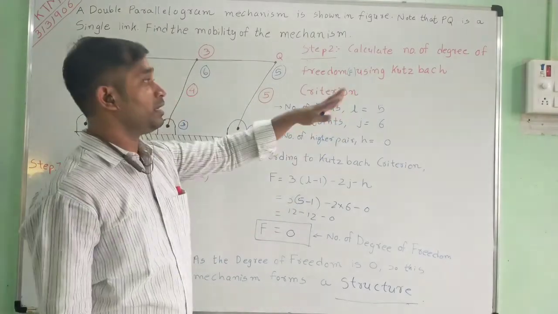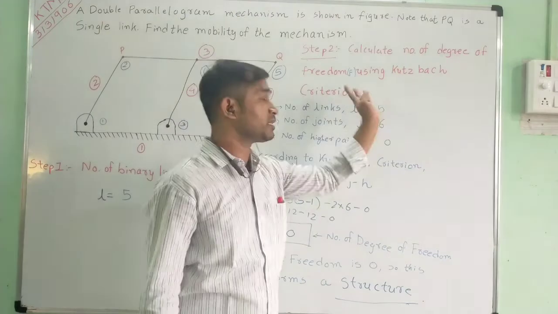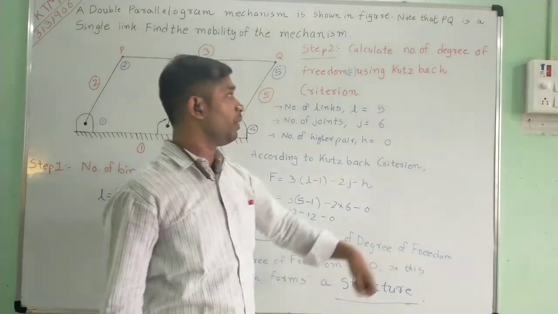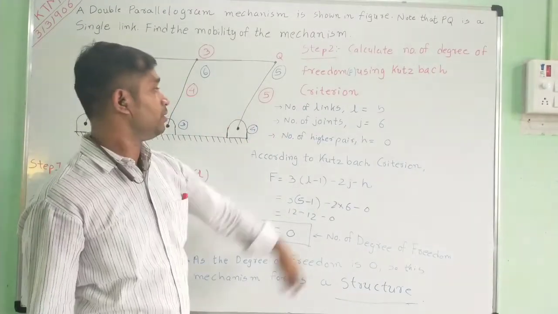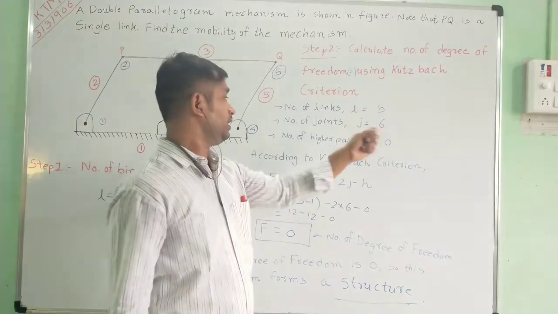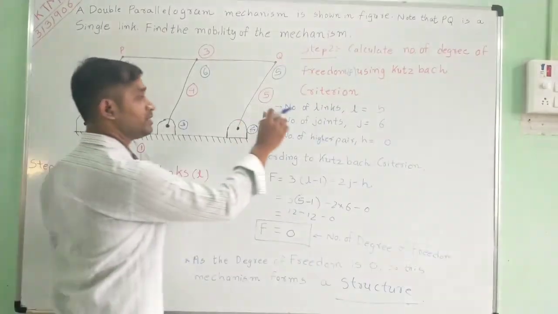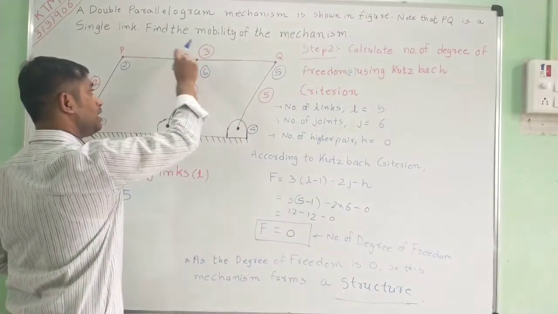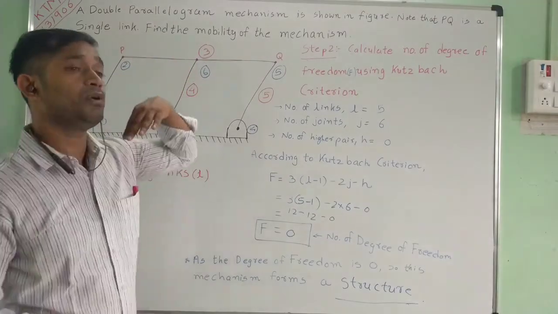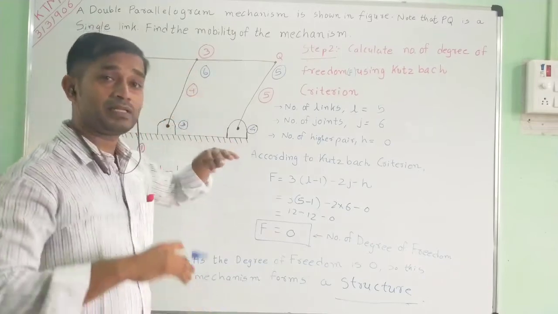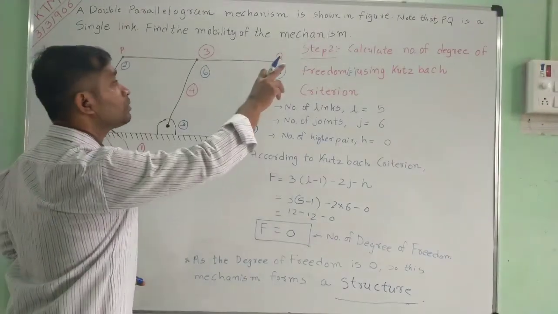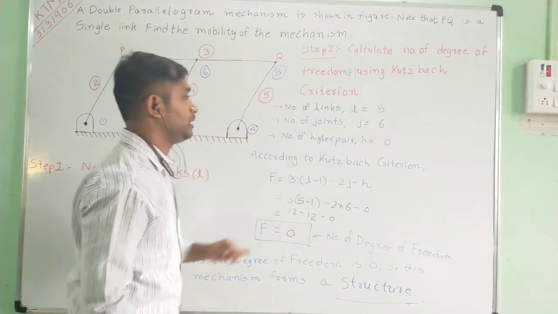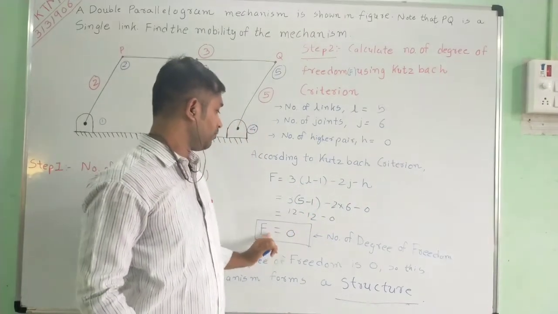Step number 2, calculate the degree of freedom, that is the mobility of the mechanism, using Kutzbach criterion. Again, the most important theory is mobility of mechanism and Kutzbach criterion. If you don't know about this theory, please refer to my video. The number of links L is equal to 5. The number of joints: again, the second confusing part is the joints. 1, 2, 3, 4, 5 and 6. But many students consider this a ternary joint. A ternary joint is equivalent to two binary joints, but we consider a ternary joint where the PQ link is a double link. Here it is a single link, that's why we consider only one joint. J is equal to 6. Then put in these values and the degree of freedom is 0.